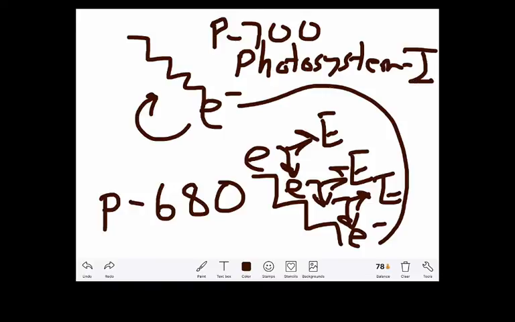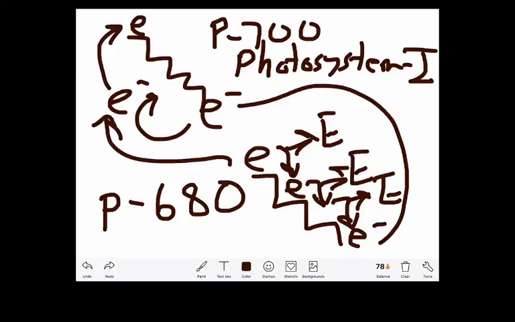Those electrons coming from the P680 are going to go down the electron transport chain of photosystem number 1,